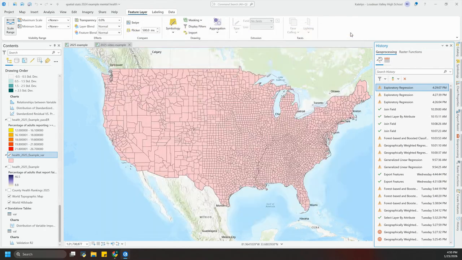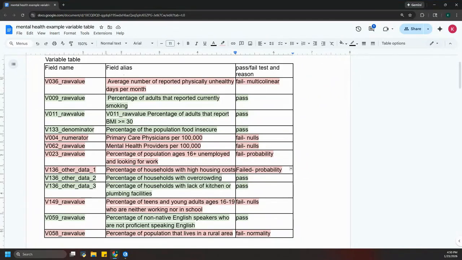All right, so that's really just video 1. I now have a list of variables that I'm ready to test. So these are going to fail later on, but I have everything except for these 3 here that will continue on into